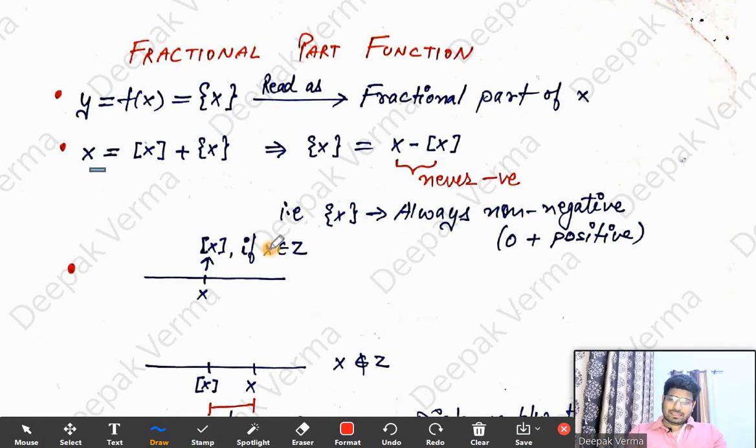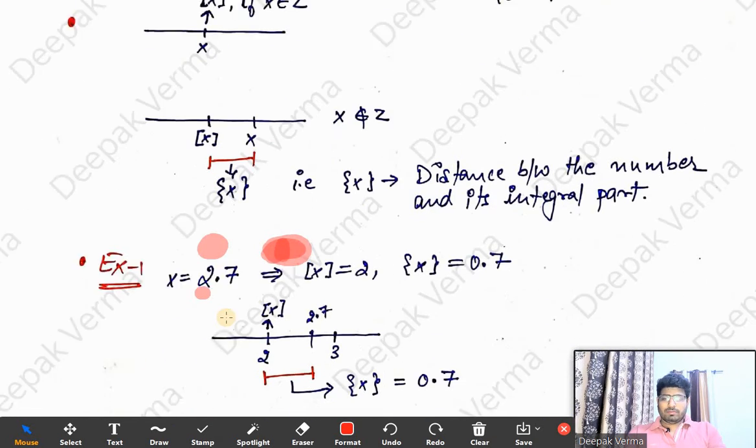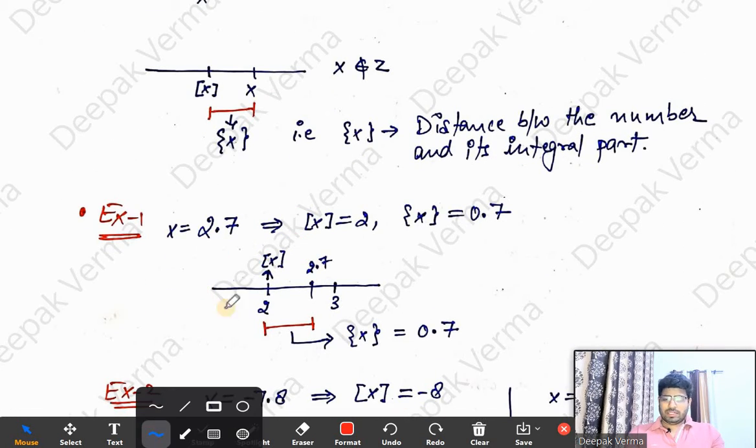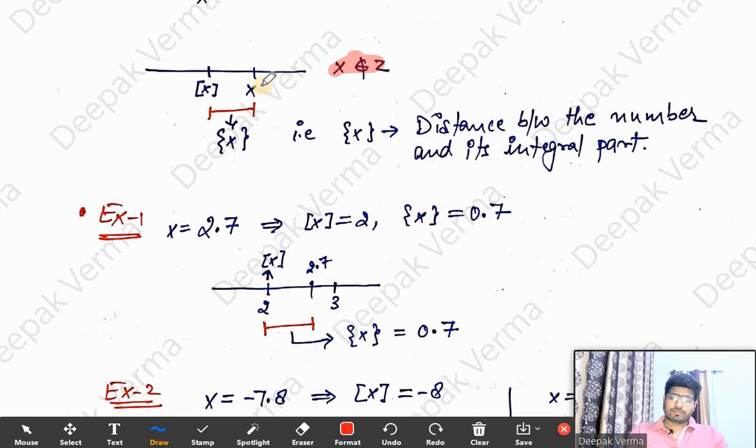Now if x is an integer, x belongs to integers, this is the symbol of belongs to, then x equals [x]. Got it? What if x does not belong to integers? If x is not an integer, then [x] will be somewhere on the left, because it's an integer, just to the left on the number line. So we can define fractional part as a distance between